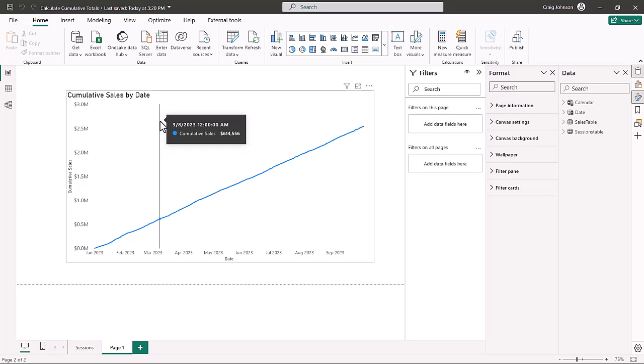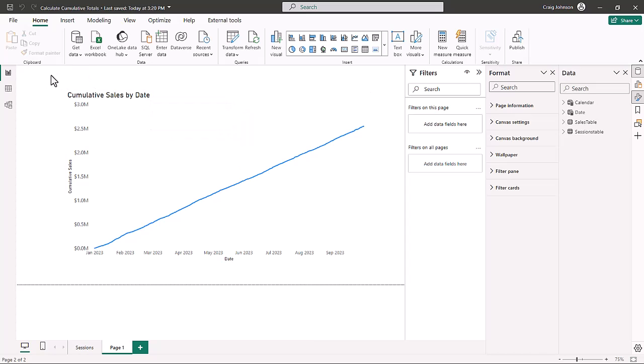A common scenario comes up where you want to see the cumulative sales or the cumulative amount of leads that you've generated if you're doing marketing activities, maybe even the accumulation of your website visitors. We're going to show you how to create an accumulative visualization using only one measure. We're going to take you through step by step. We're going to create a calendar table. Then we are going to import some data, and we're going to show you how to create a cumulative sales